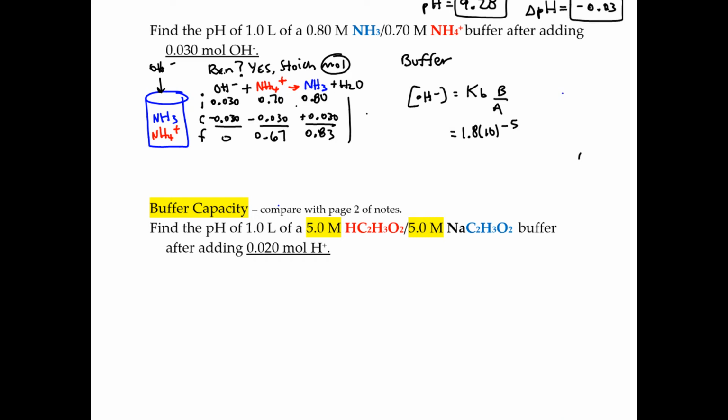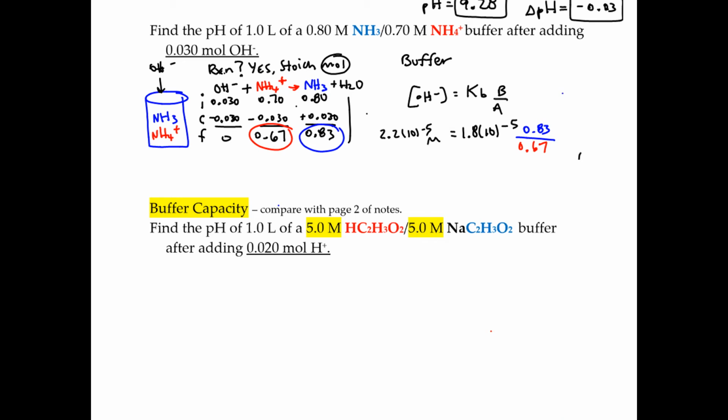Now you look for the base of the buffer. That's the 0.83. That's going to go in the numerator. Then you're going to look for the acid part of the buffer, which is the 0.67. That goes in the denominator. Do your final calculation. You get 2.210 to the minus fifth